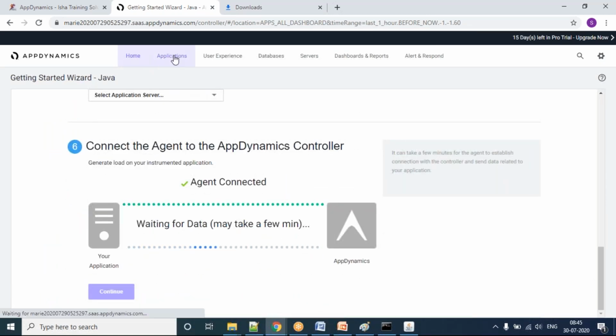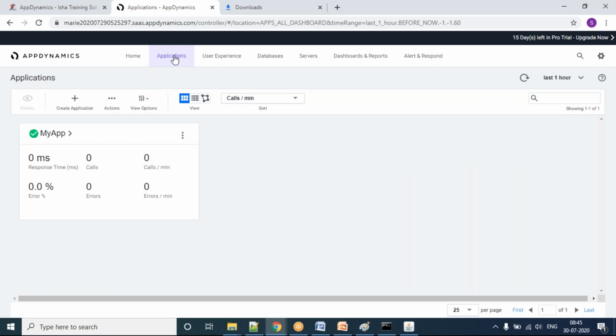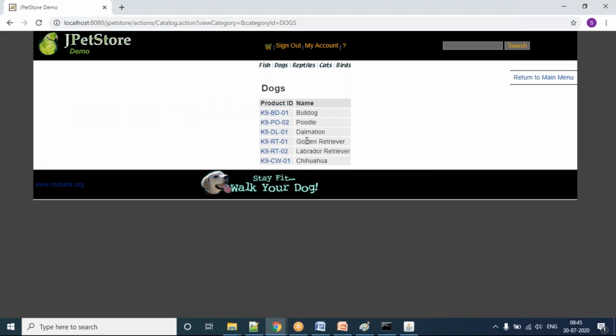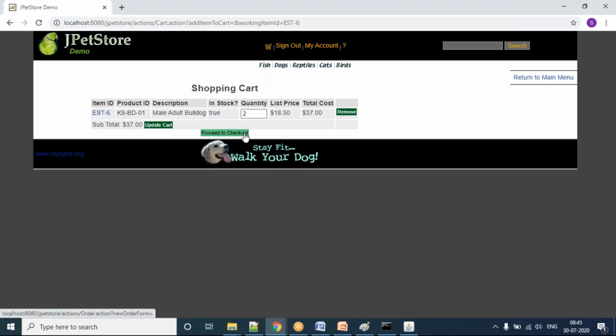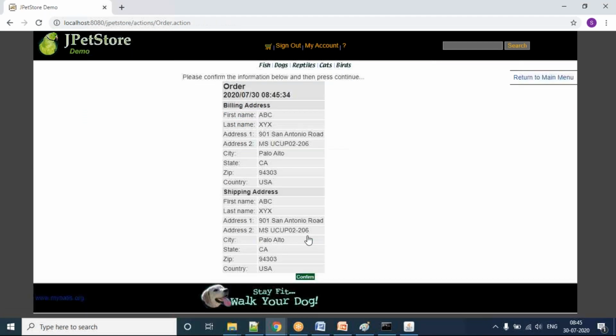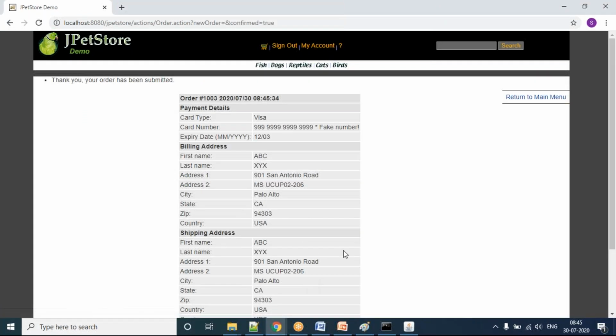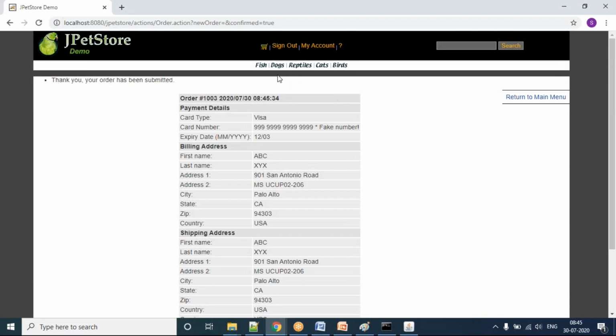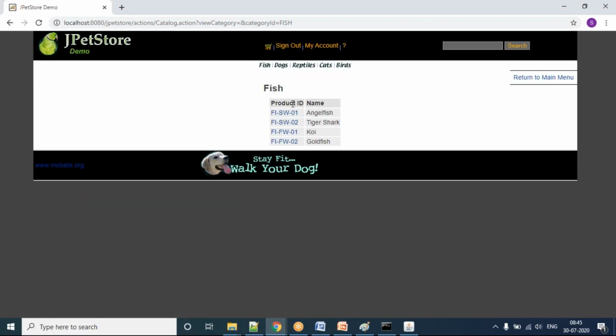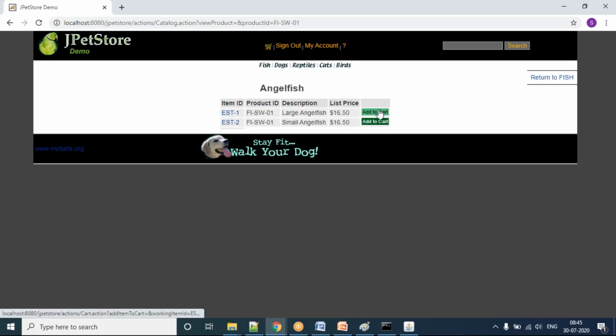It will take 2 to 3 minutes, but usually you can see that the application started coming here. You can see, guys, the application started coming here. Till now, you should also create a little more traffic. The agent should collect the data, then only will it process the data and send it to your App Dynamics, and then you will get that understanding. Today's session I showed you only the data collection part, right?